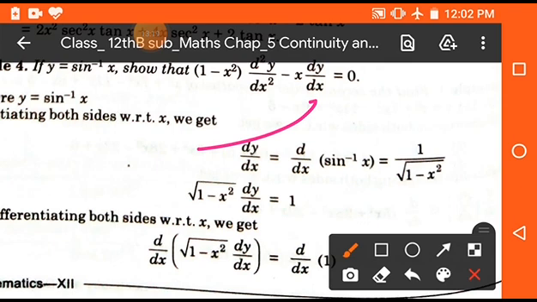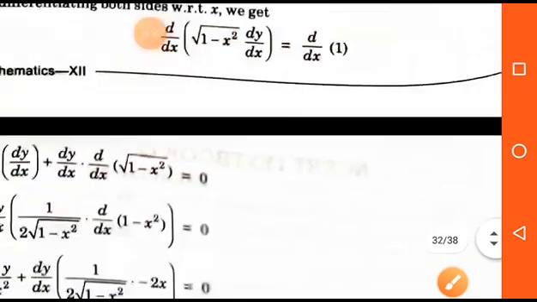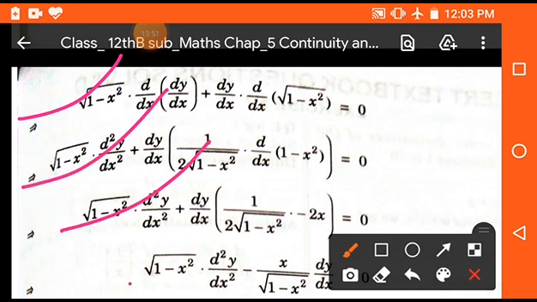Differentiate. So we get dy over dx is equal to the differentiation of sine inverse x, and we get 1 upon under root 1 minus x square. Now cross multiplication: under root 1 minus x square dy over dx is equal to 1. Now again differentiate. Here we have two functions, this and this. So applying the product rule and differentiating, we get under root 1 minus x square into d upon dx of dy over dx plus dy over dx into d upon dx of under root 1 minus x square. On differentiating, we get